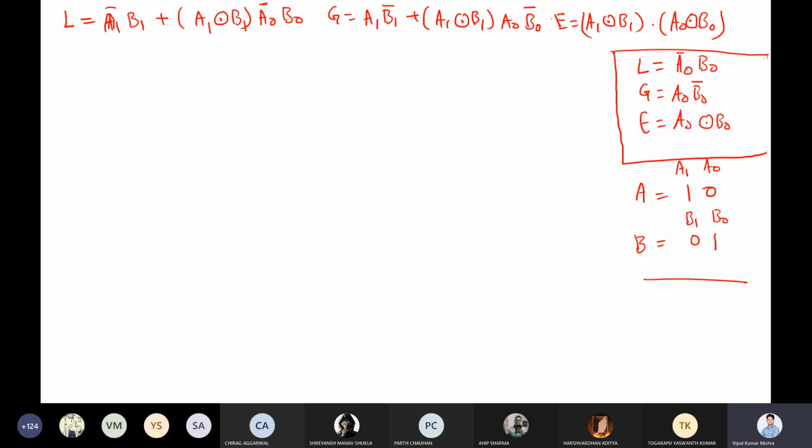Suppose you are comparing for the greater than. Left side, then what will you say for the first bit? Sir, A1 greater than B1. Right. So you'll say if A1 is greater than B1, do we need to move forward? No sir, already done. Now, if you want to check A1 greater than B1 in case of digital design, or digital system, how will you check it in case of 1 bit?